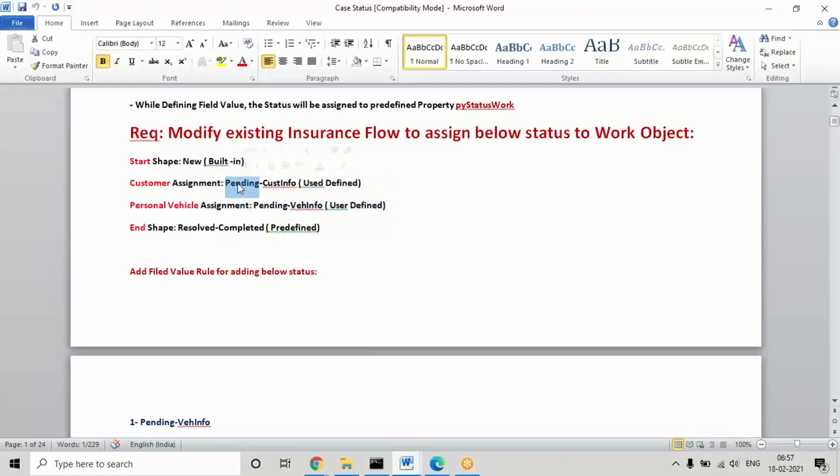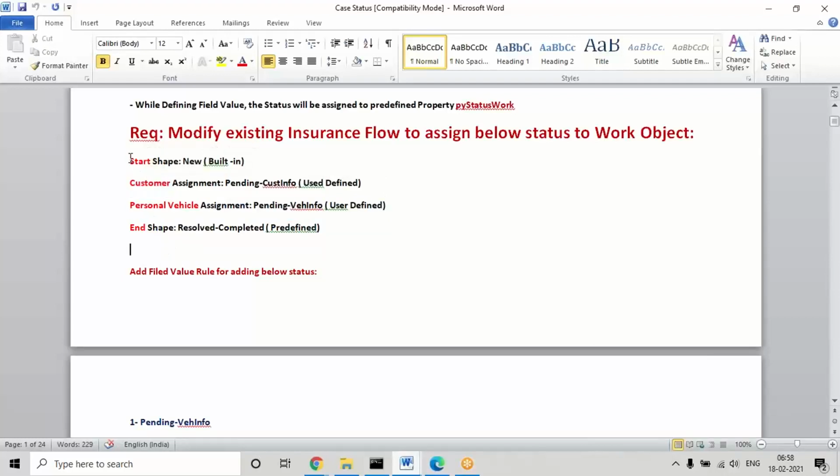If these two are not in the predefined status values, we have to manually define them by using a rule called field value rule. For the start and end, I'll be using predefined status, and for the customer and vehicle assignment, I'm going to add user defined status values and map them in both the assignments.